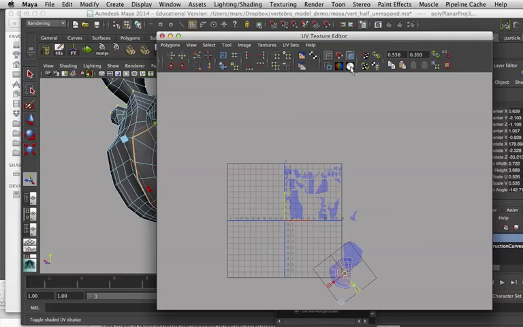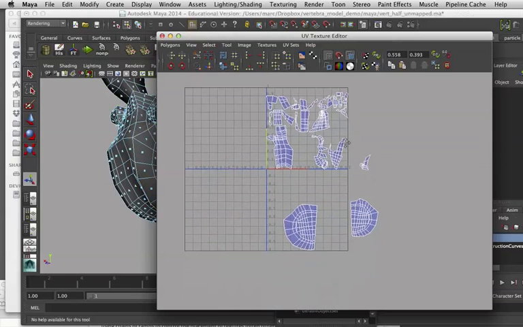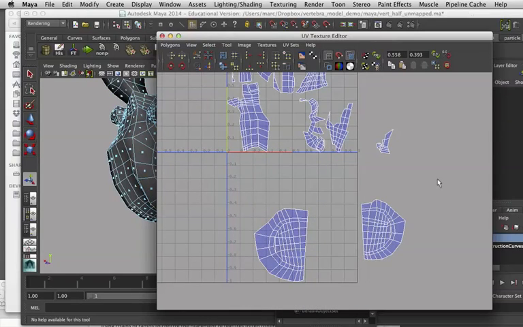So if I click on that, you can see they all turn blue. But they can also appear red because, remember, this is a 2D representation of the surface. This is looking at the outside. When it's blue, you're seeing the outside of the model. If you see something that's red, it means you're looking at the inside of the surface, and you want it